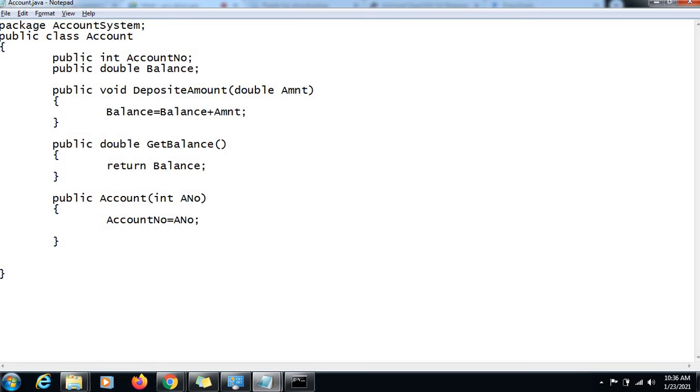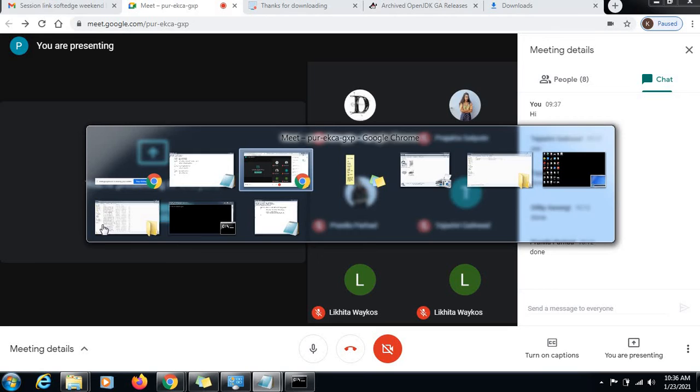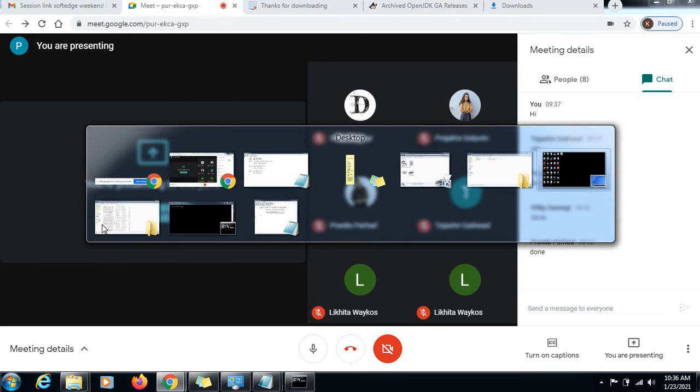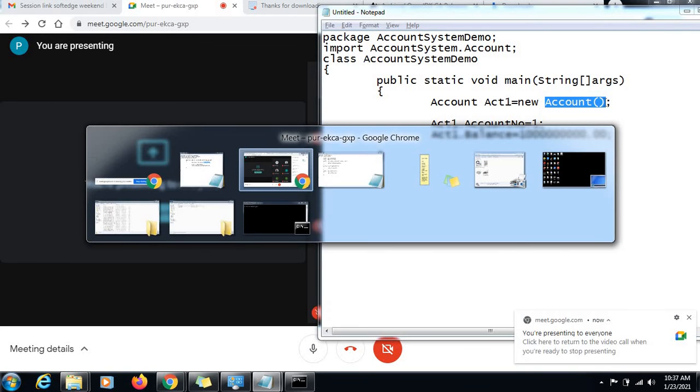Now let's understand how we are going to call it, right? So I'll just go to our main class here. Now here we do not have the default constructor. Now this is a call to a default constructor as we have discussed. Default constructor is not available to our class anymore because we have written our own constructor.